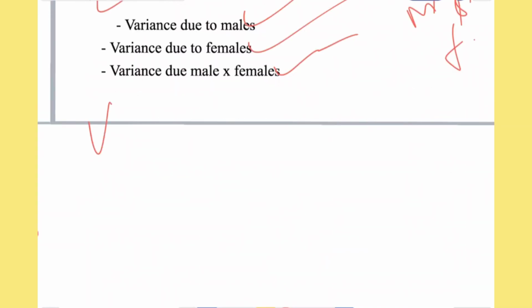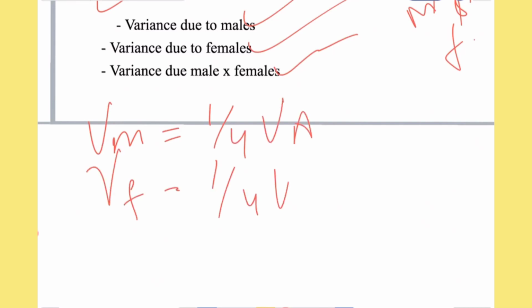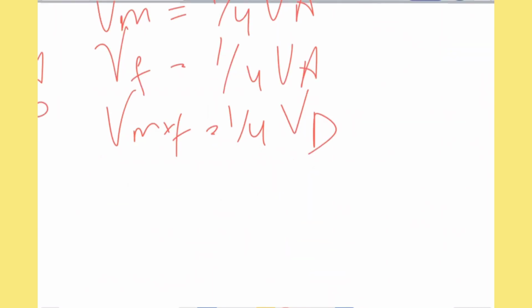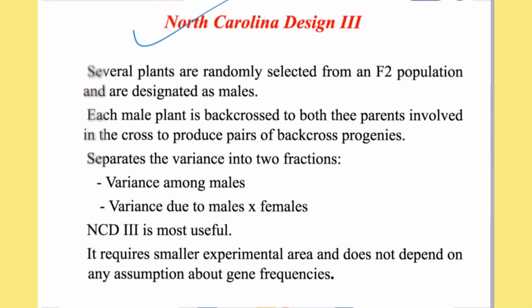In NCD2, the variance due to male is equal to 1/4 of additive variance, the variance due to female is 1/4 of additive variance, and the variance due to male into female, MF, is equal to 1/4 of dominance variance. And this NCD2 design is also known as the factorial design. Now let's come to the NCD3 design, and in the crossing plan it involves the P1, P2 and the